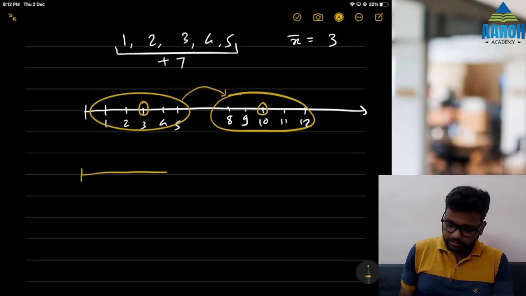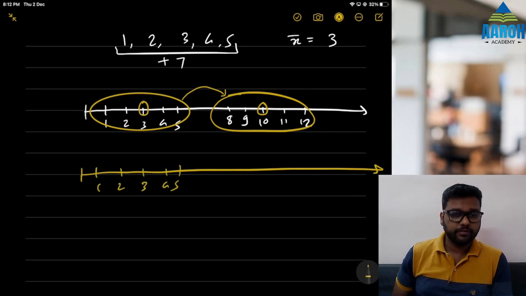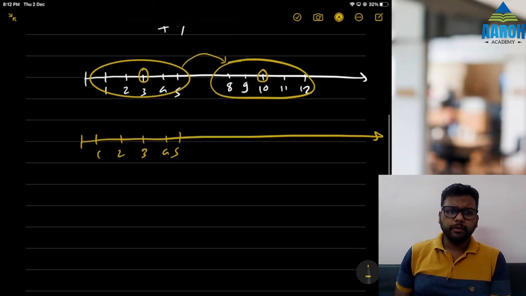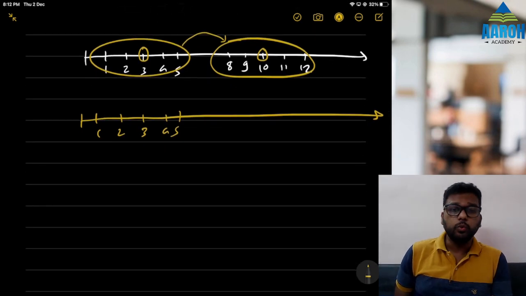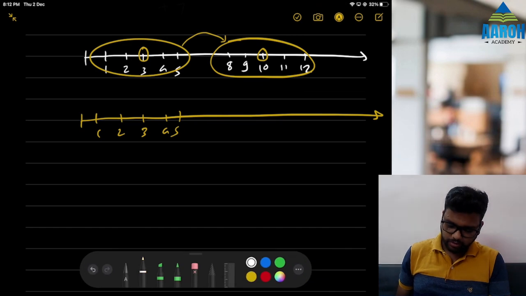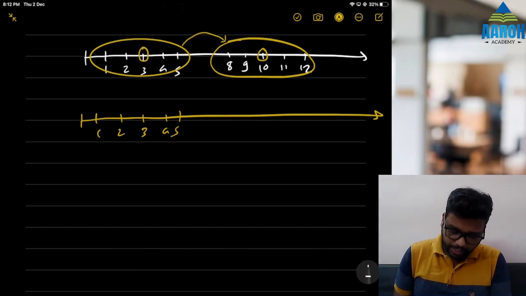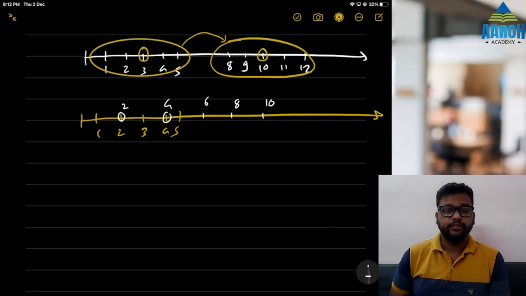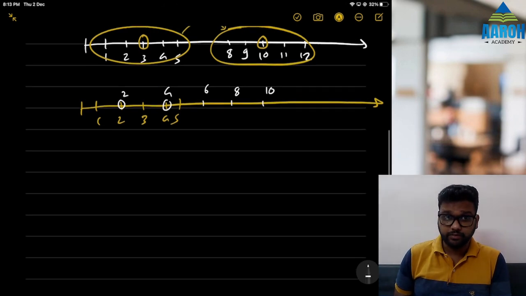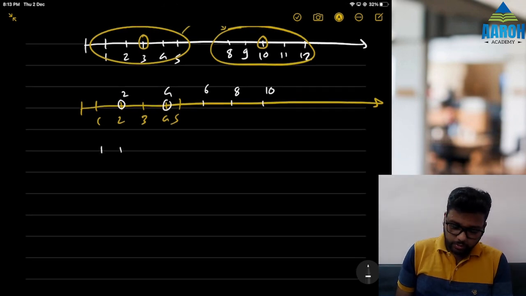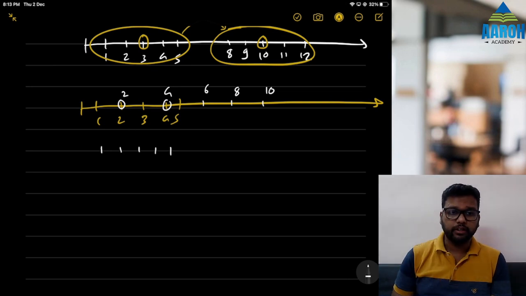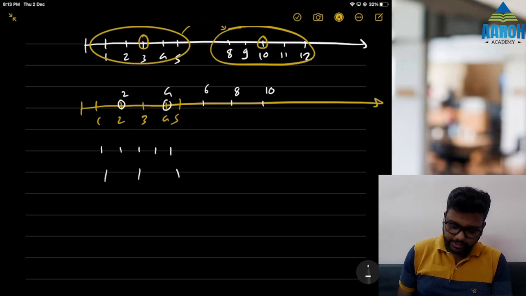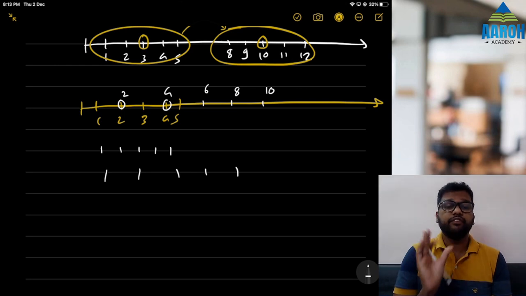Okay, fine. Change of scale means what? Let's understand. Again, let's say we have 5 numbers 1 2 3 4 5. Let's say we multiplied all of them by 2. Now we will not have 1 2 3 4 5. Now we'll have 1 into 2 is 2, 4, 6, 8, 10. Concentrate very carefully. Earlier we had 1 2 3 4 5, which was close to each other. Now we have 2 4 6 8 10, which is farther away from each other.